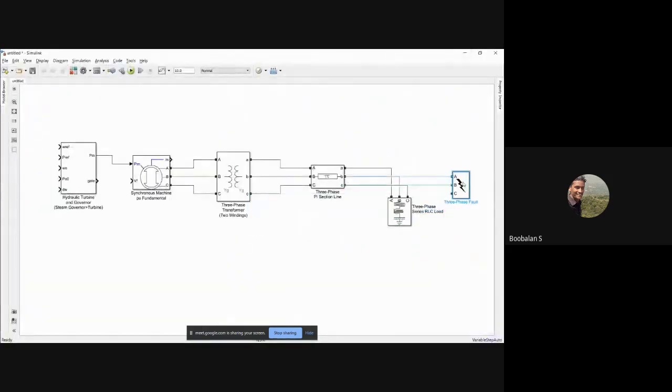Now I'm going to connect it over here. Based upon my block parameters, which I'll change later, any one of the RYB phases will be short circuited with ground. We'll see later. First of all, I'm going to design my entire power system, and we'll see that later.